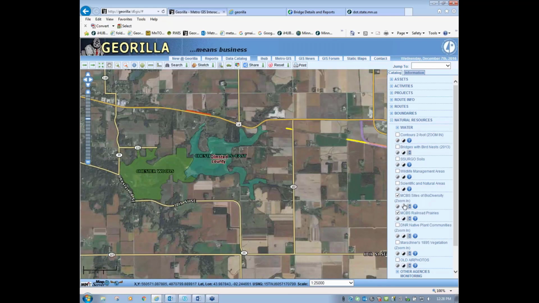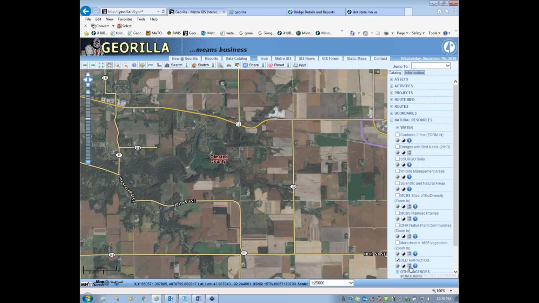So you can actually get information. Here again, I'll turn the legend on. It's either outstanding, high, moderate, or below. So it can give you some information if our project is in the area, what could be around. There's native plant communities layer. There's old air photos. So they can turn this one on, and it shows you where there's older photos